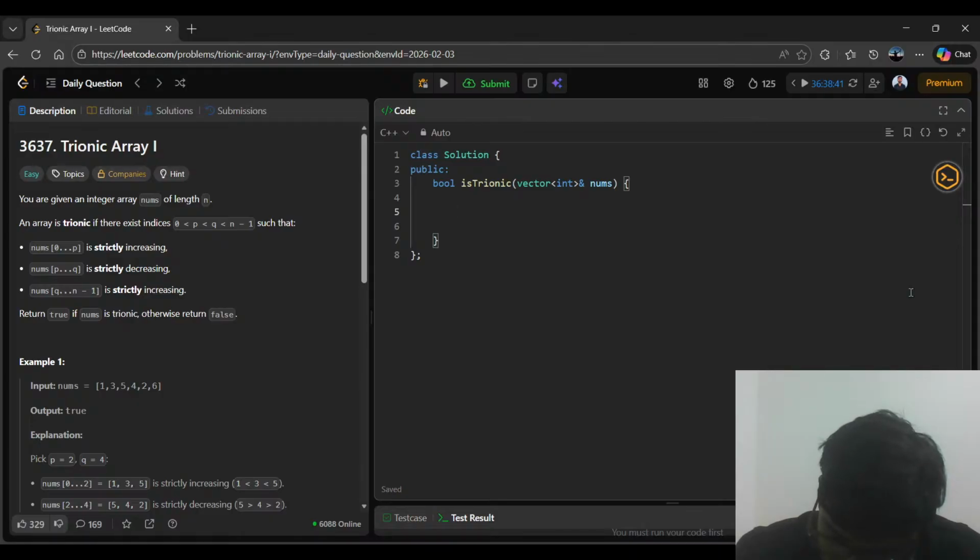P is at five, greater than four. So it's Q now. Five is greater than four. Yes. Four is greater than two. Yes. Two is greater than six. No. But two is smaller than